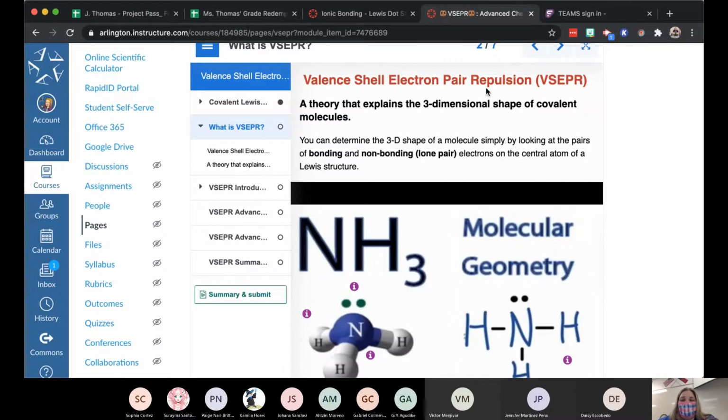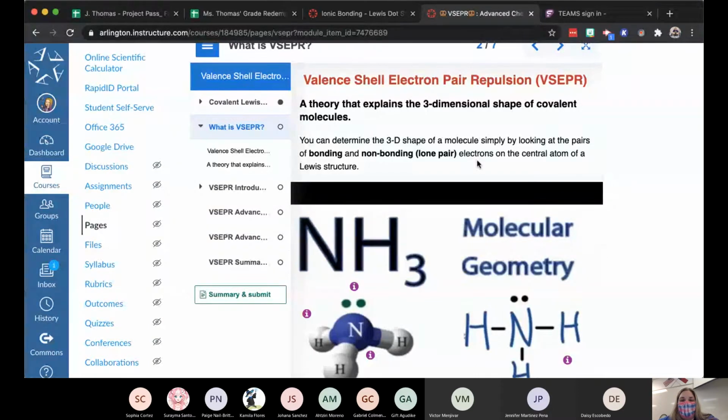And what VSEPR is, it's a theory. And in science, a theory is something that's been backed up by data. Okay. And so they have looked at several different molecules. They've measured things. They've tested things. And all of the evidence has pointed to this being correct. So it's a theory. And what it does is it helps to explain why covalent molecules have the 3-dimensional shapes that they do. And the reason is because of the number of bonding and non-bonding electron pairs that are on